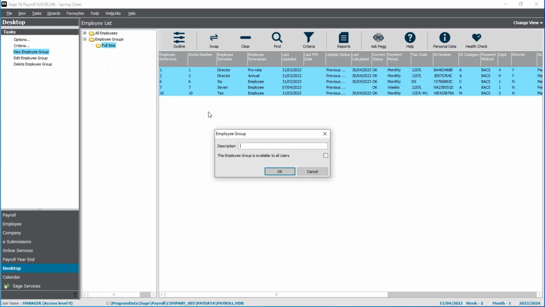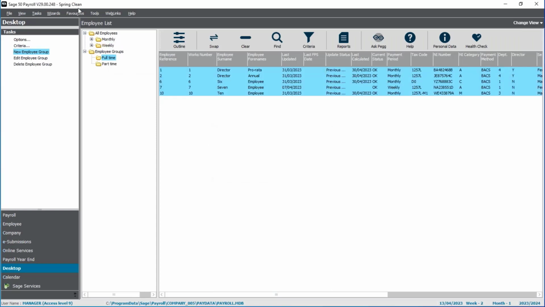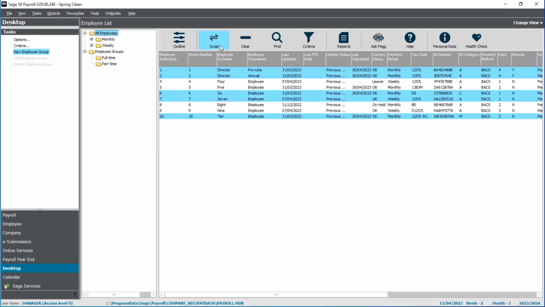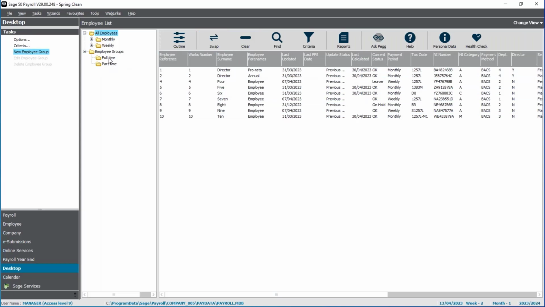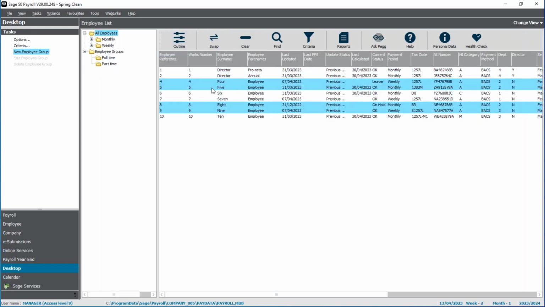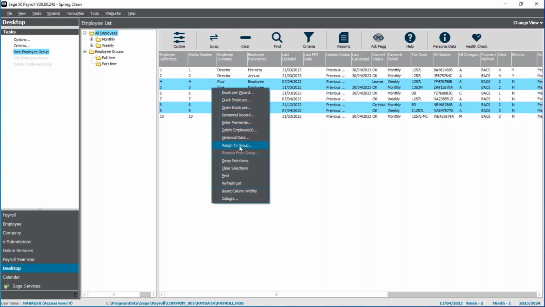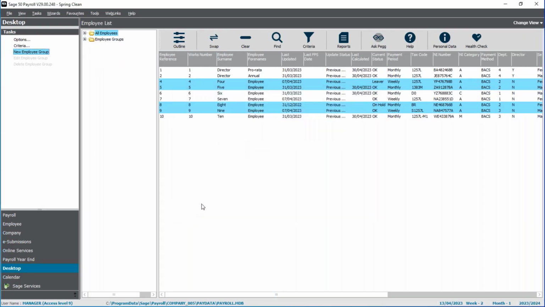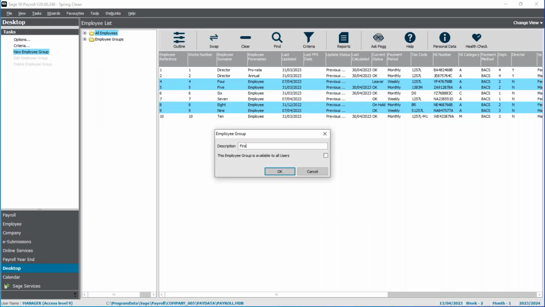So let's create another one, part-time. For this one, I'm going to swap my selection by clicking swap, and then I will assign them to the part-time group. And just to illustrate that you can have people in more than one group, if we set up my first aiders,